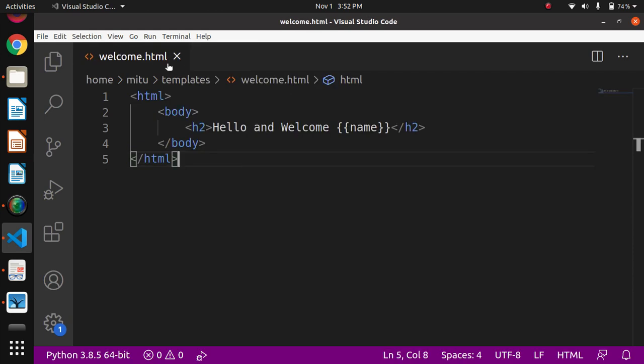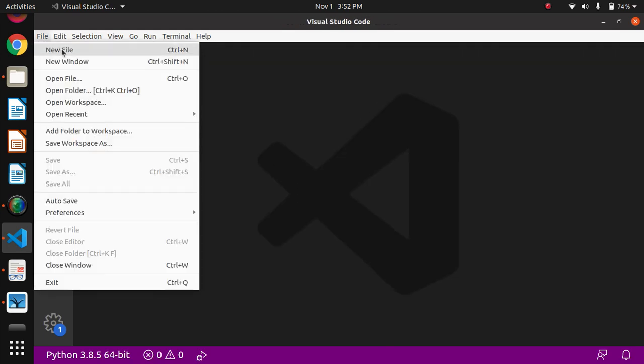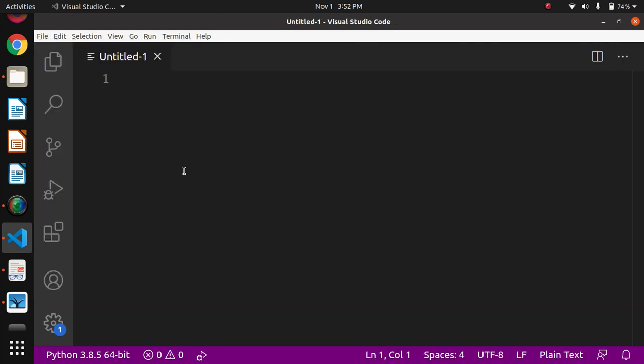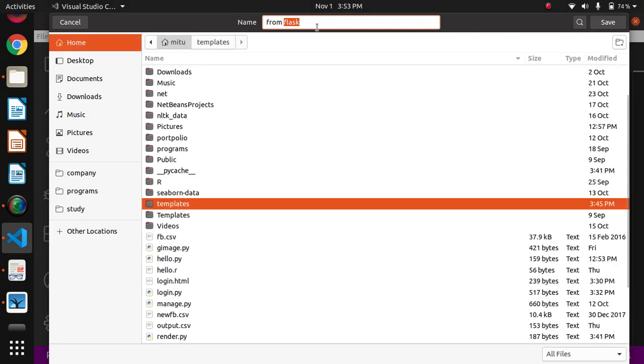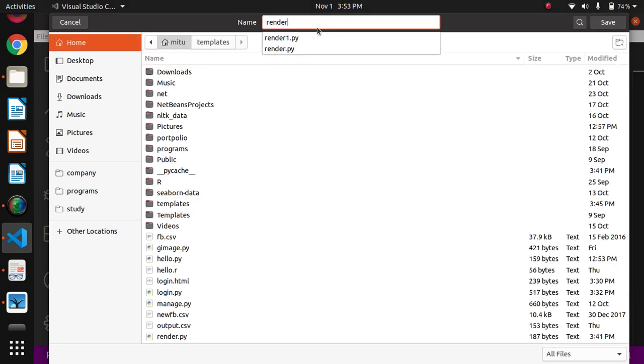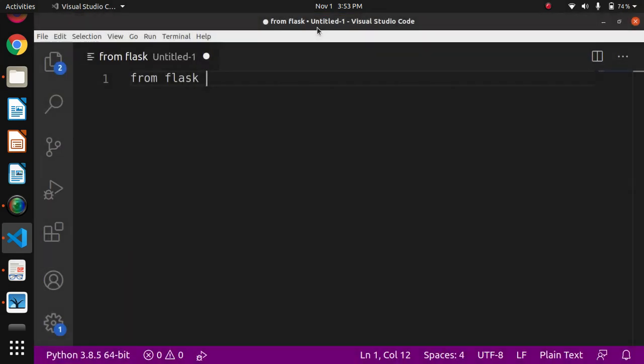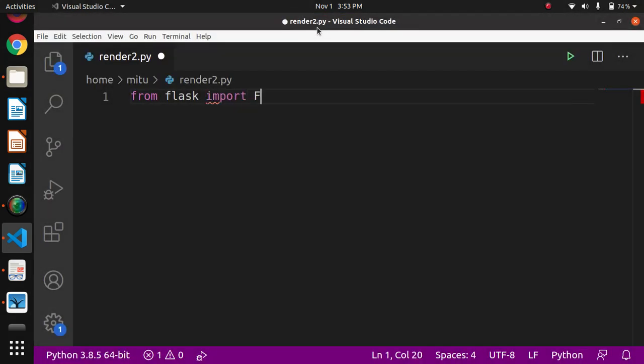Okay, so I'll close this and create a new file which will render the information, and HTML code will use that information performing the respective operations. So let's see, from Flask, let's save this, render2.py, okay, import Flask,